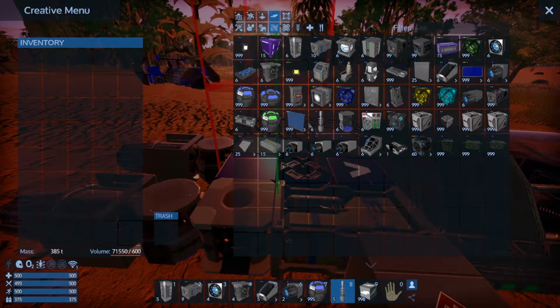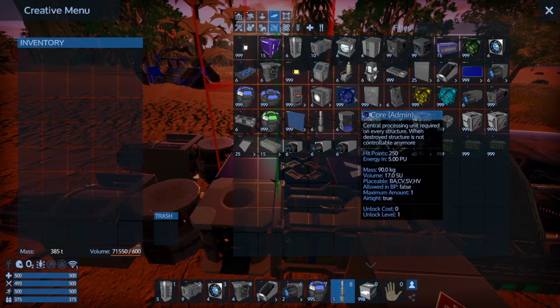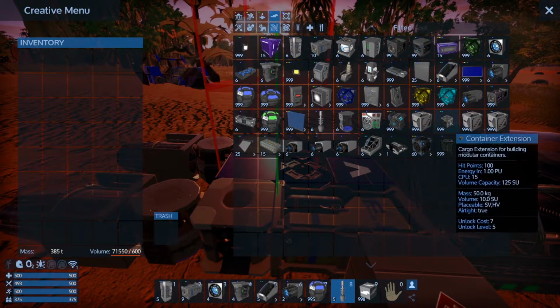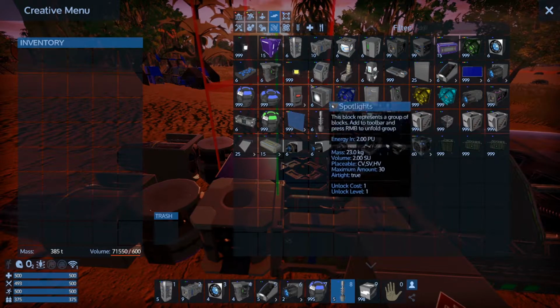So your first option is to just leave it as it is and go cruising with it and use it as transportation. The second option is to put a container controller on it, which is this right here, and put extensions on it to give it some cargo space. So the harvester, again,